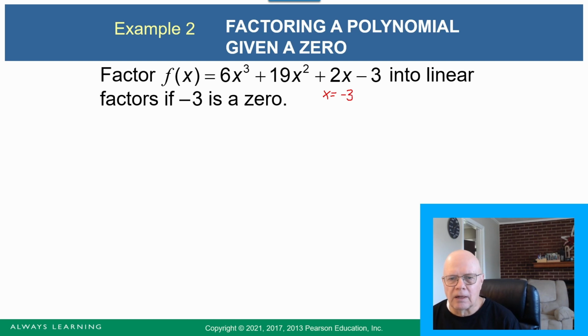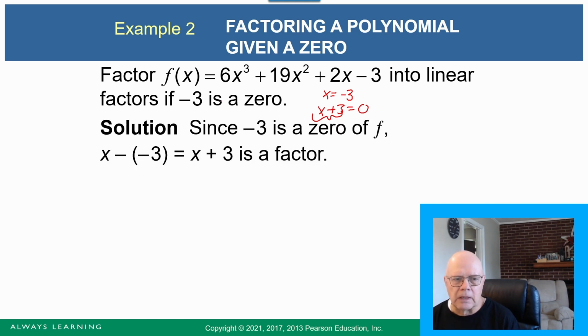If you get everything on one side, this will be x plus 3 equals 0. Excuse me. This is one of your linear factors, if negative 3 is a 0. How can we check that? Take that negative 3